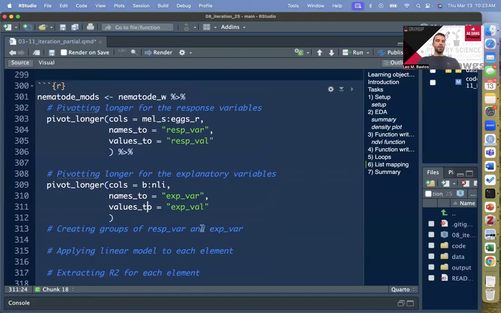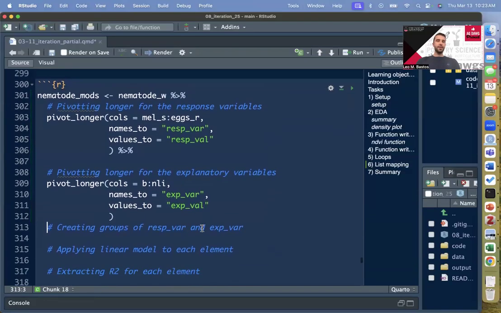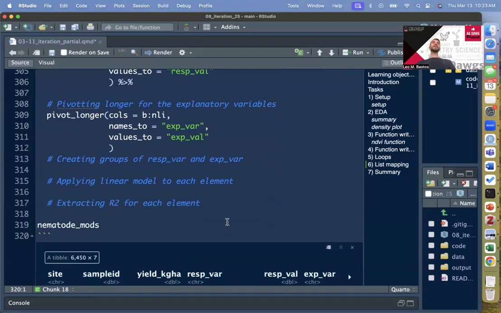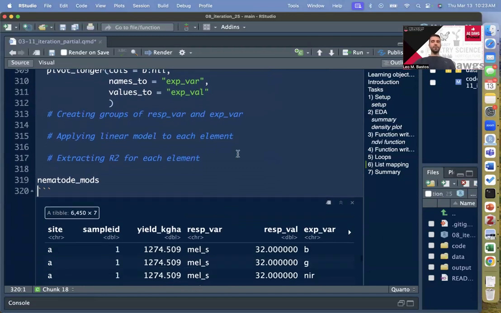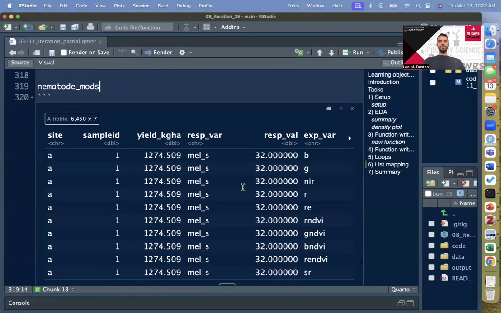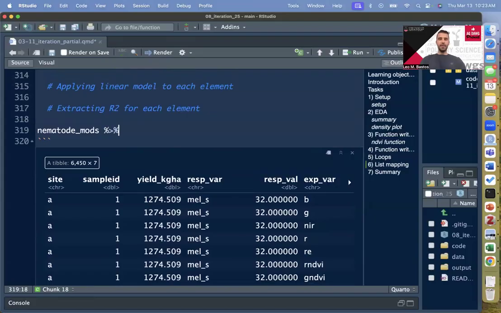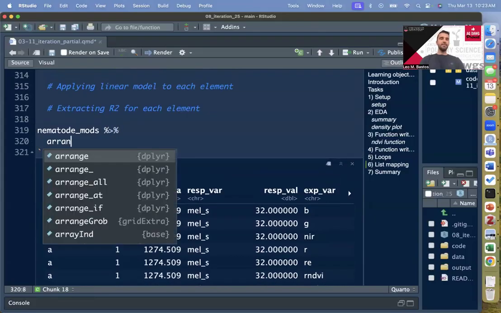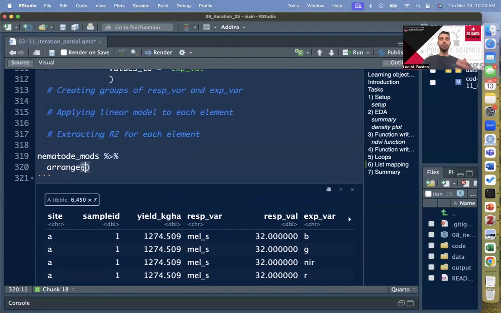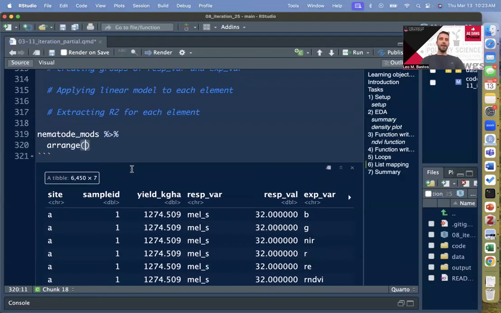Now, if we run this and you print nematode mods, now we have 6,450 rows. I want to show you here, perhaps it helps you to understand what's going on. If we come here and I do an arrange, I'm not saving this, I'm not doing this in my pipe workflow. I'm just doing this to help you visualize what's going on. If I arrange by resp var and exp var,